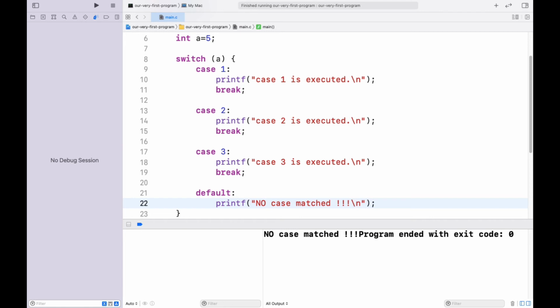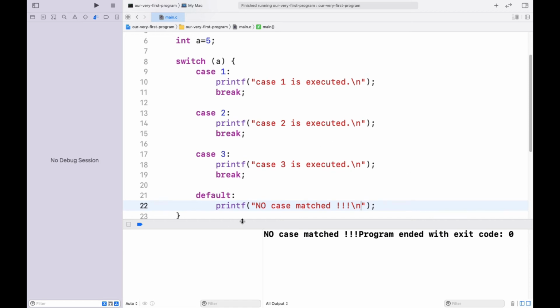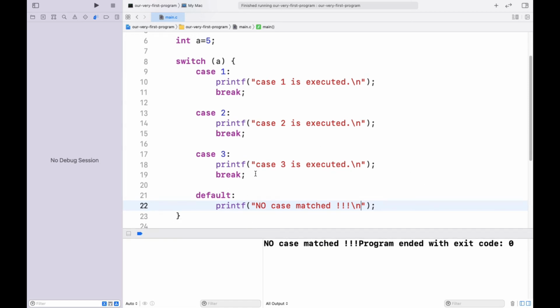And let's check what if we are not going to include break in the switch statement. So ideally break is not a part of the switch statement. You can use the switch statement without break, and break is an addition to the switch statement, or you can say it upgrades the switch statement.